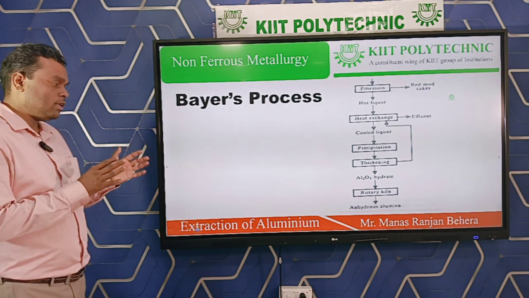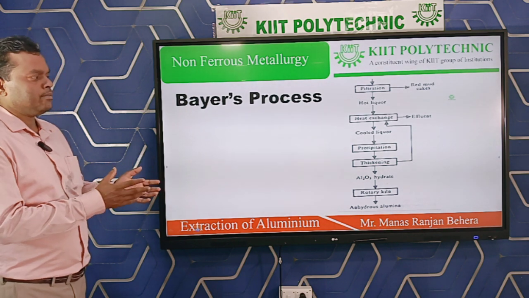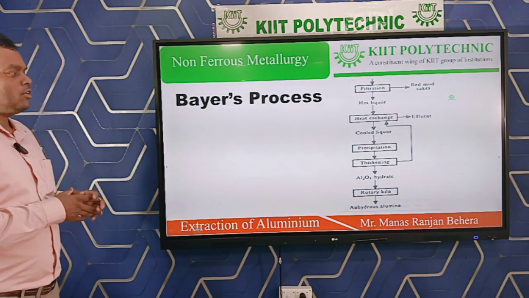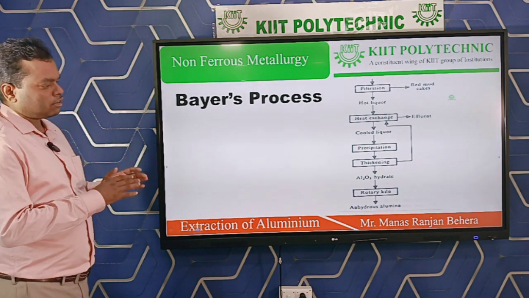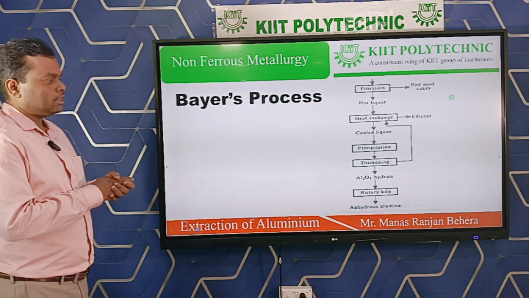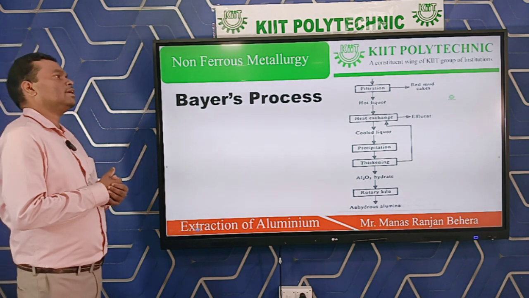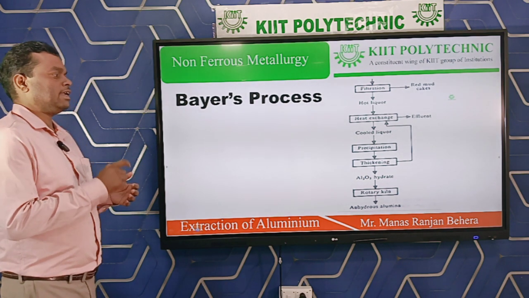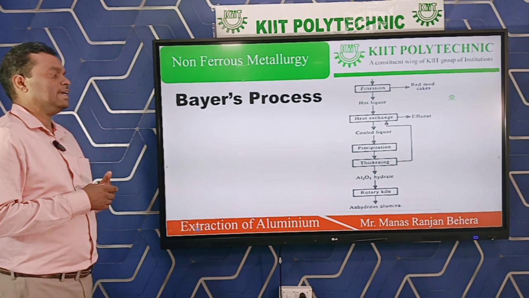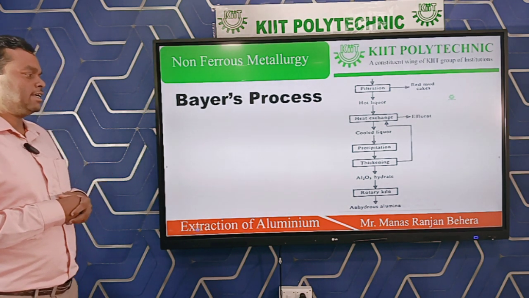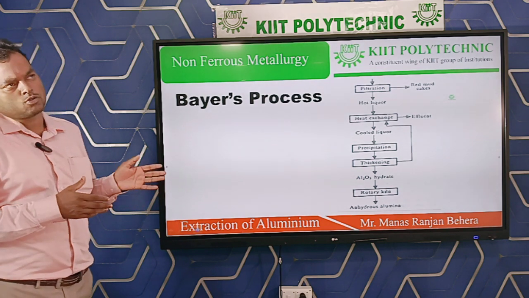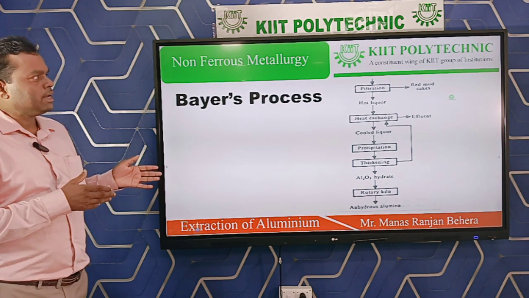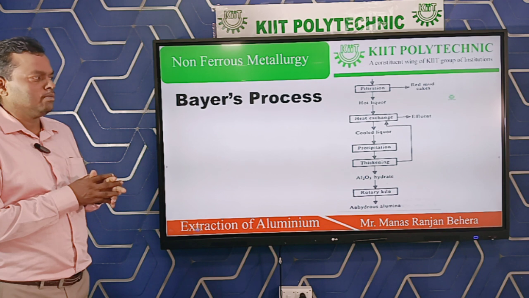So why will we cool it down? Because we have to get a precipitate. So after that we will do the precipitation. Then after precipitation the thickening process will be carried out. Then after that we will get an important material that is called alumina hydrate, Al2O3 hydrate. What is hydrate? Hydrate means that the alumina contains water,